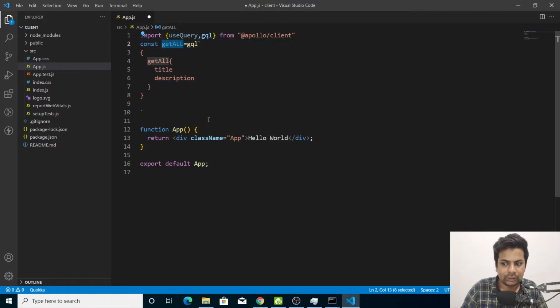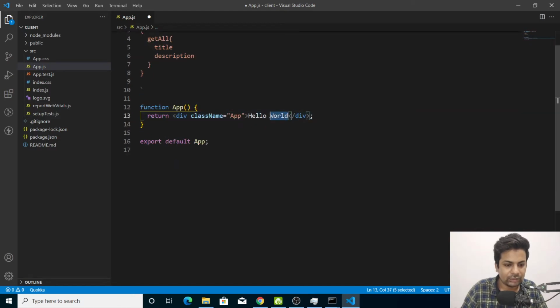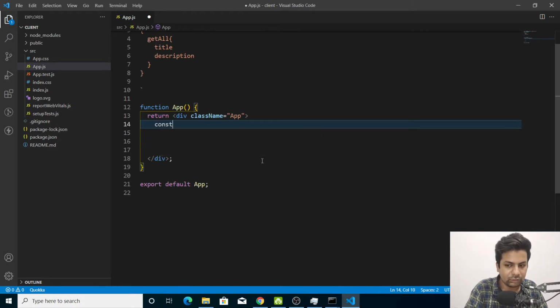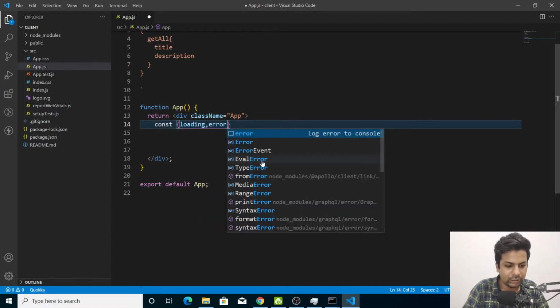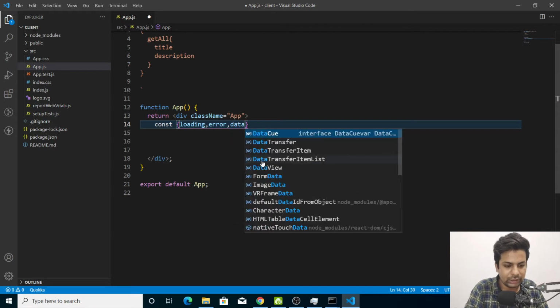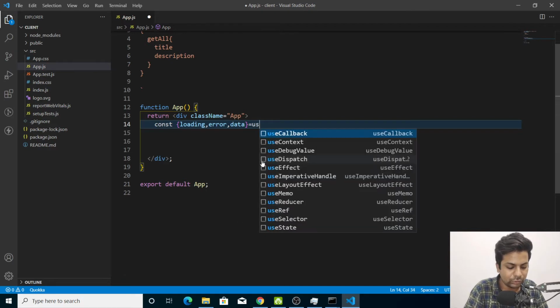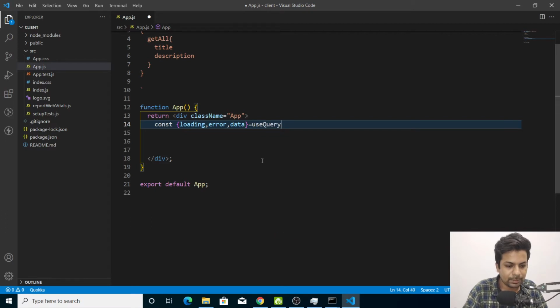Now we'll come here and instead of hello world we'll remove this, and here we'll type const loading, error, data equals useQuery, and we'll say get all.